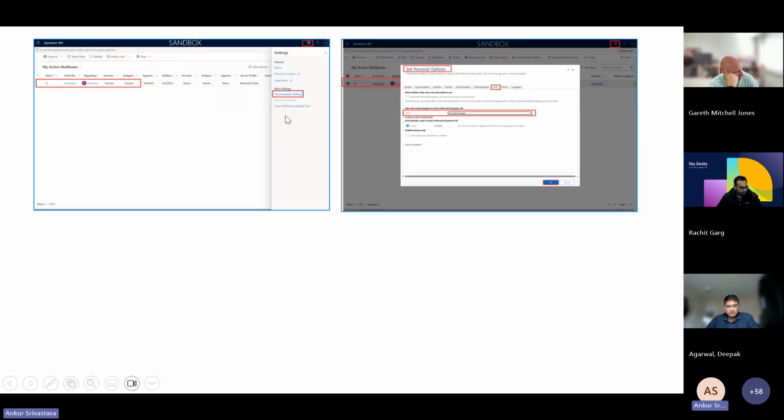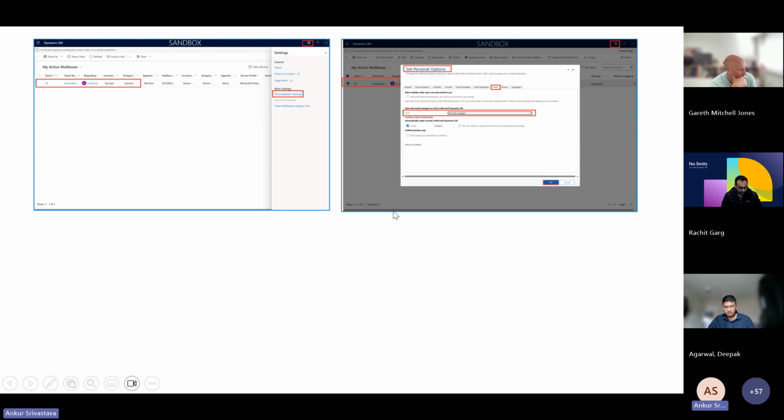Also, the personalization setting, which I was talking about, on the same page you have to click on this setup trigger, this gear basically, and you have to click on personalization settings. And once you do this step, you have to click on this track and you have to select all email messages here. There are other options, but you need to update this setting.